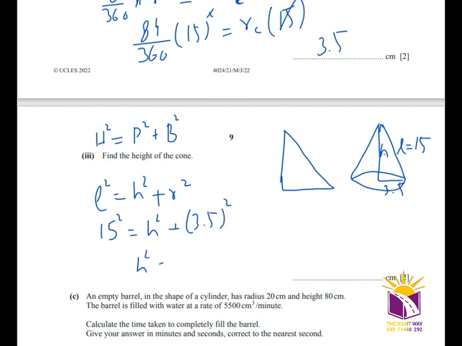Height square will be equal to 15 square minus 3.5 square. Plus on this side, minus will be on the other side. 15 square minus 3.5 square will be equal to height square equal to